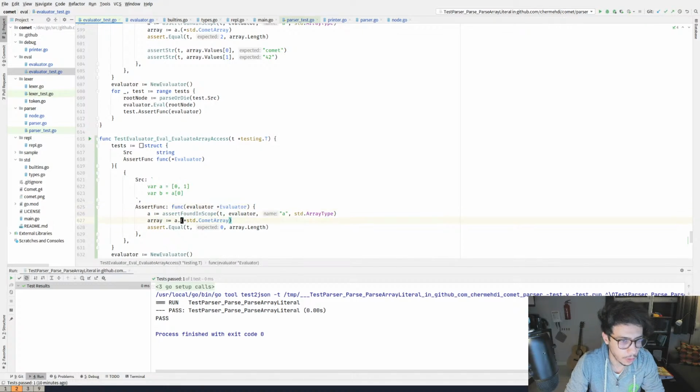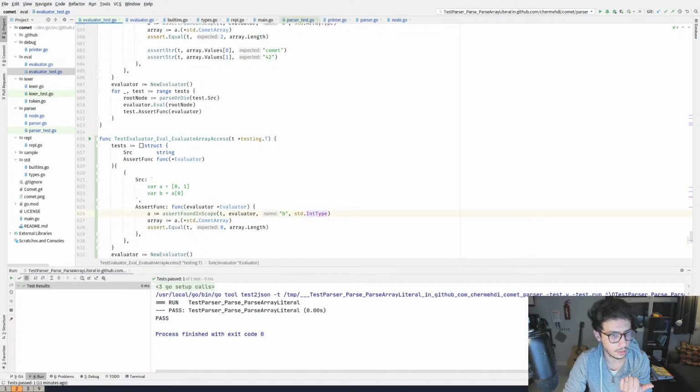I tested this before, so I'm not going to test it again, but what I will test is I want to find b in scope. It does, thanks. Yeah, sure, no worries. And type. So I want to make sure that b is an integer because the access in a was an integer.